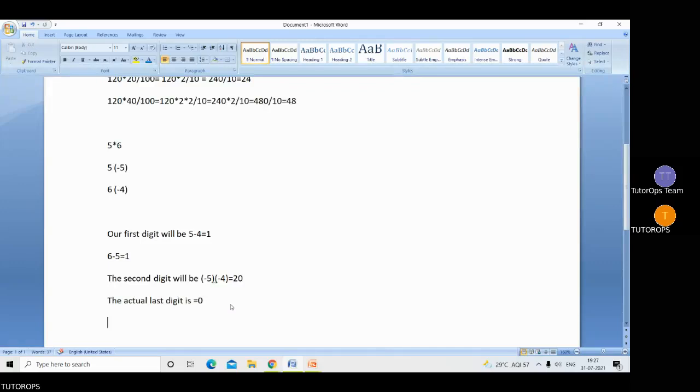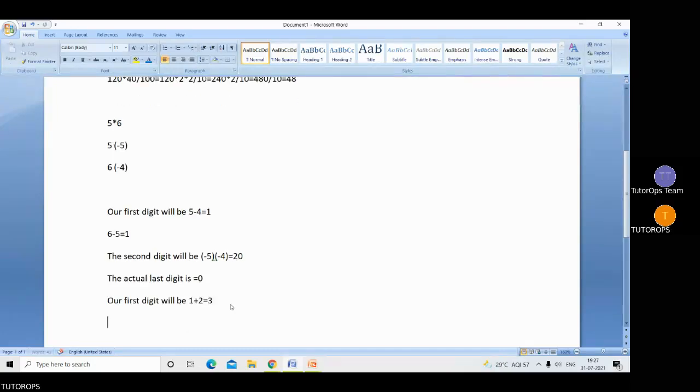And what will be the first digit? We got the first digit from our calculation as 1, but remember we have a carry at 20. The carry here is 2, so the carry must be added to the first number. So our first digit will be 1, what we have got, plus our carry 2, that is 3. So the result is 30. Yes, 5 into 6, that is 30, we know that. Now,